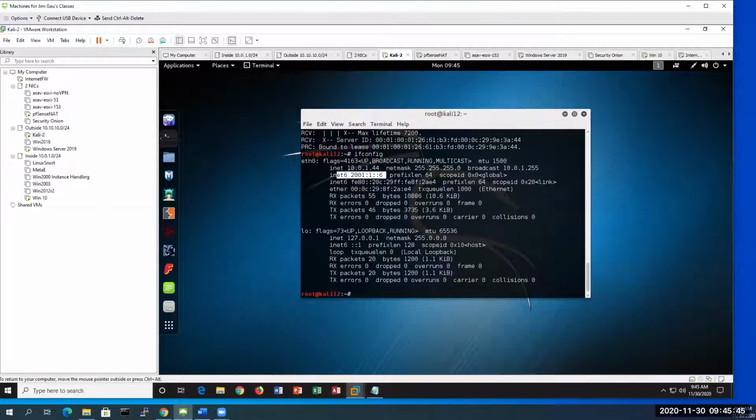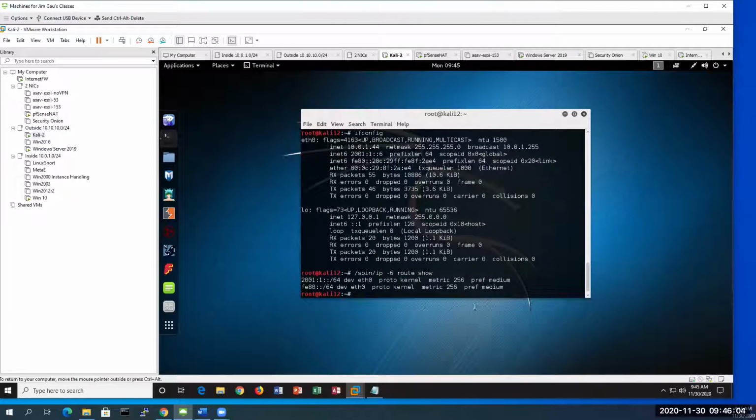Now, one of the important things is that sometimes the gateway is not being implemented in here, so it's not being carried over. So /sbin/ip -6, and you can see the route. It's been documented there too. There isn't any route there, so you can actually just go ahead and type it in to add a route. So I'm just going to type it in, ip route add